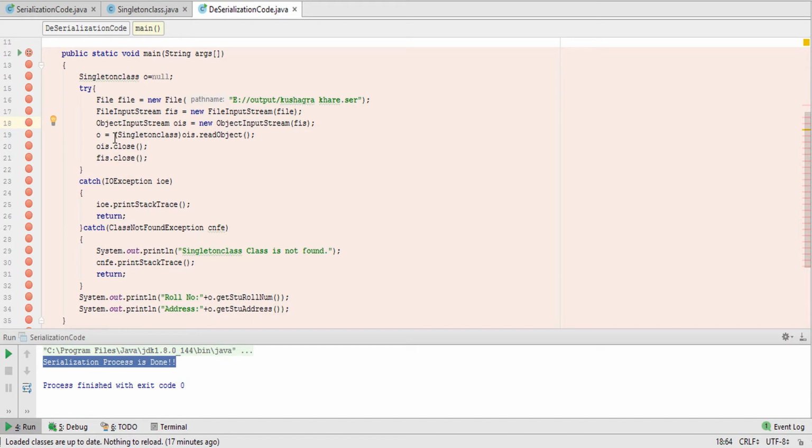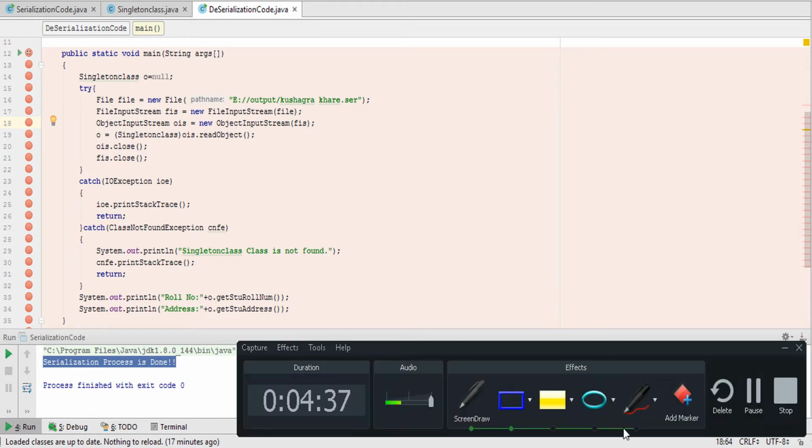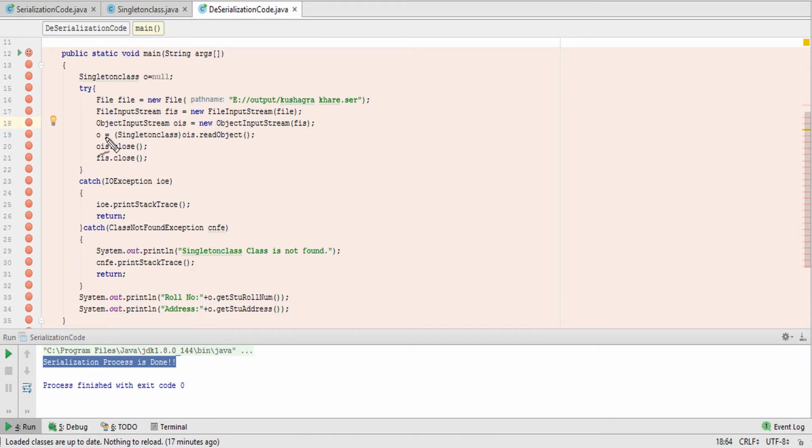After that this line will run, o equals singleton class ois read object. This will be used to read the objects that are stored in the file. After that, if the file is not present, or the objects have been modified, the catch will be called: catch 1 and catch 2.